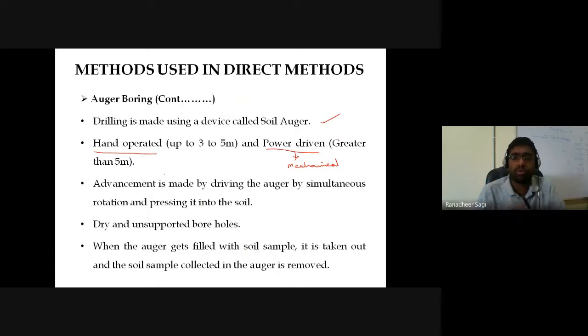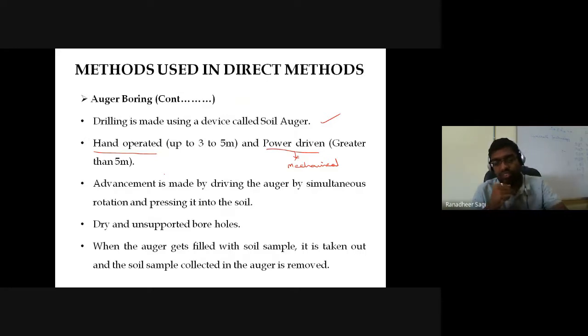You can go a maximum of 3 to 5 meters of depth only with a hand auger. Why? What could be the reason? Because if a hand auger is used for causing the shearing in the soil and extending the borehole, the amount of effort that has to be put in by people to rotate the handle is huge, and it becomes difficult as you move into deeper and deeper depths. The stiffness of the soil increases, because of which manually causing the shearing by manual rotation is difficult.